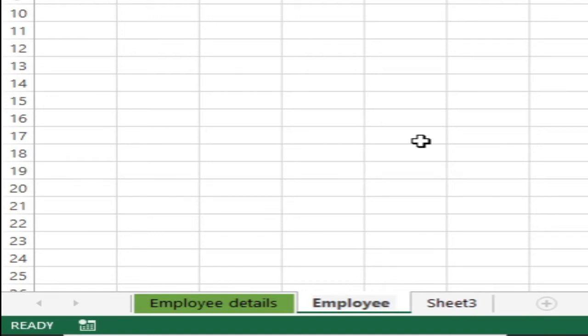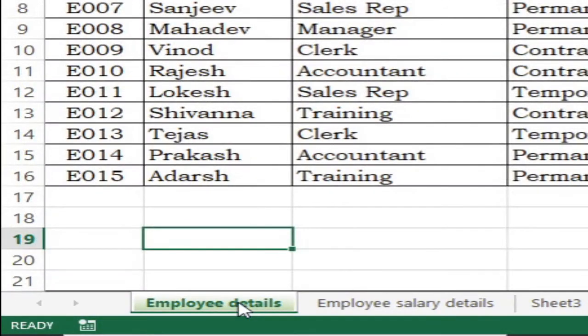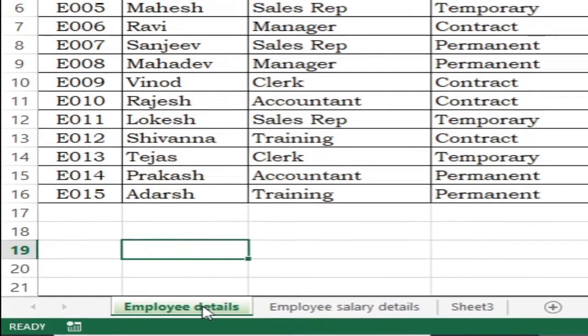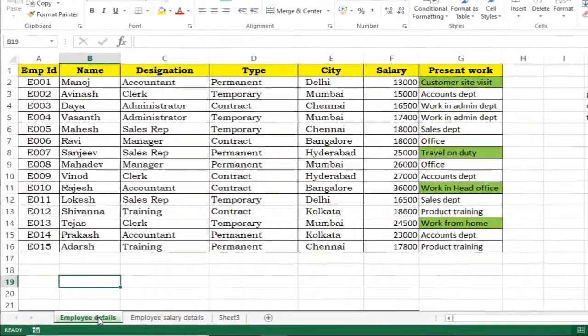So, I have given it the name employee salary details. Either I can use this Format option, or I can right click and rename this particular sheet. I can also change the tab color.